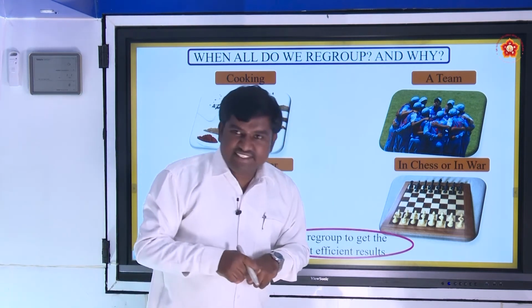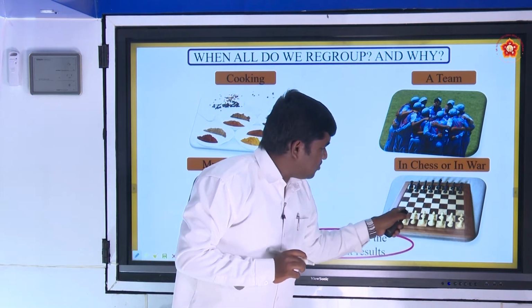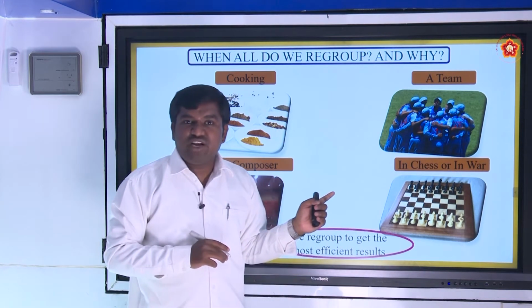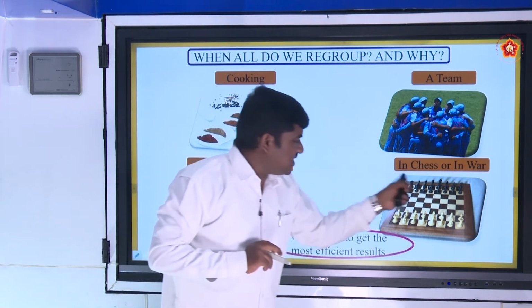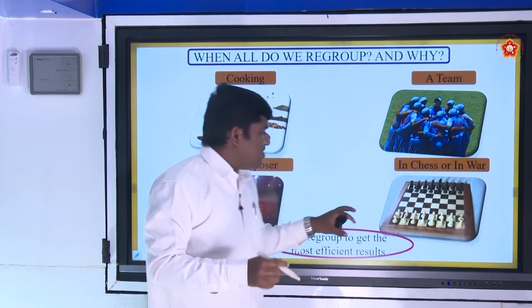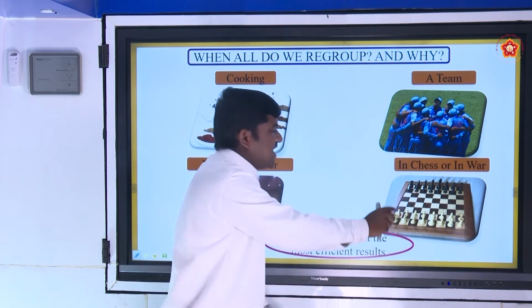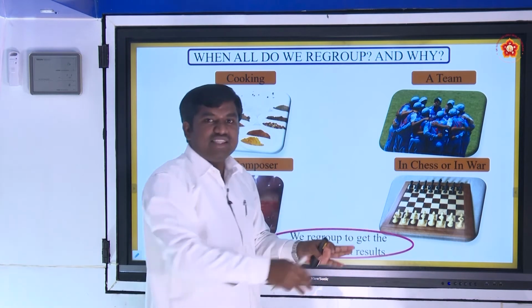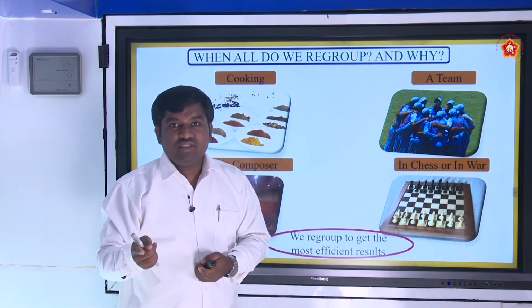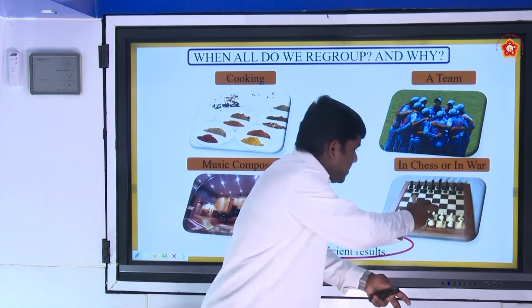Observe chess. In chess, so many pawns and pieces are there. Do all the pieces have the same kind of movement? No, different kinds of pieces have different movements. In one game, suppose he plays with some kind of regrouping and has some movements on the field, and suppose he fails in that game. What does he do next time? He regroups the movements of the pieces. Then he will finally win.